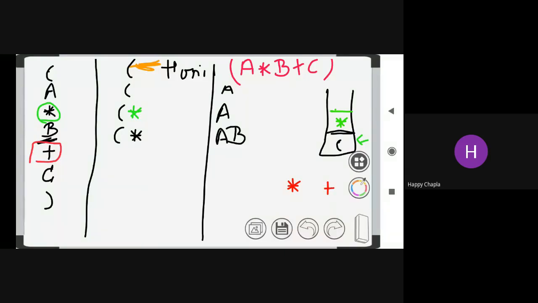So what is the rule? If the top of the stack is greater or equal to my plus, then we have to pop the element from the stack. So here we have A, B, and star popping out from this stack.